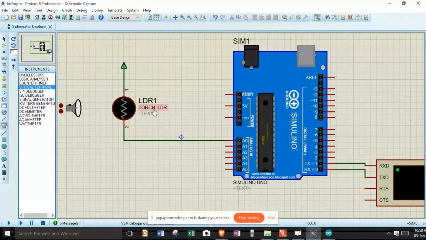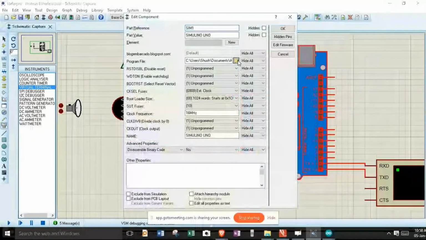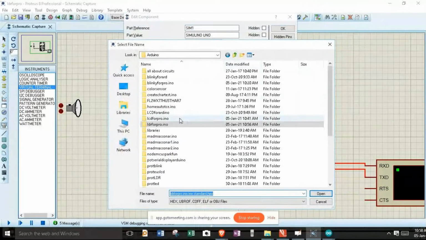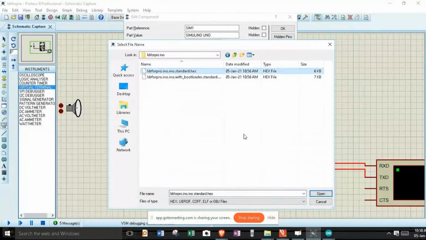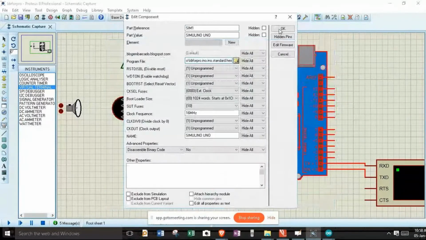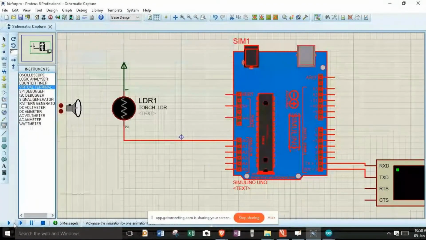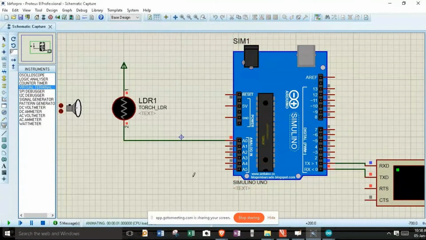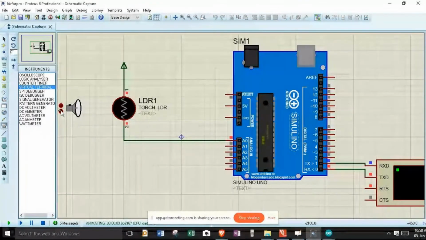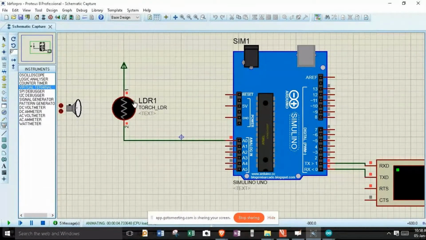There are two hex files over here that I had created earlier. Just a minute.